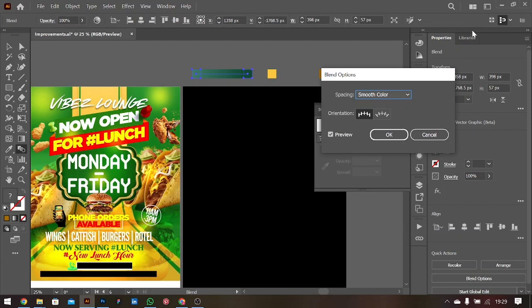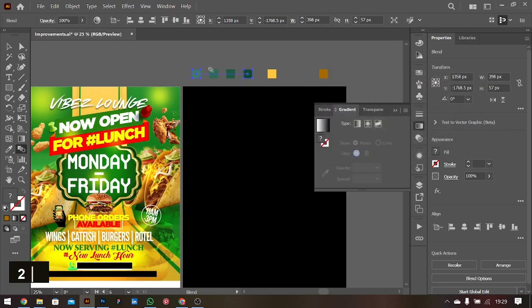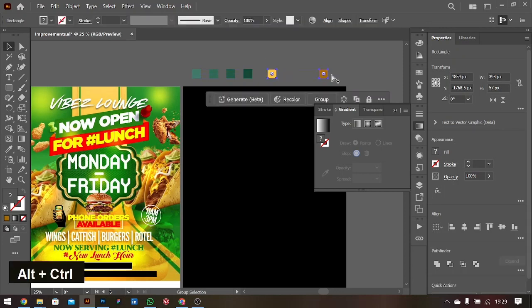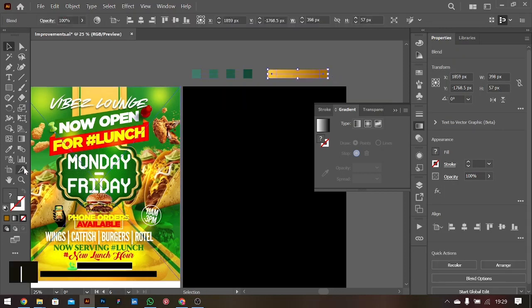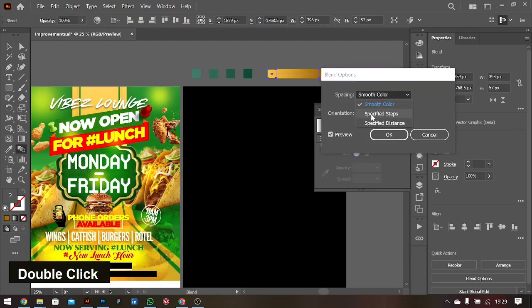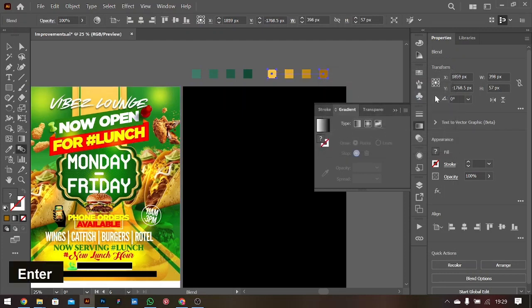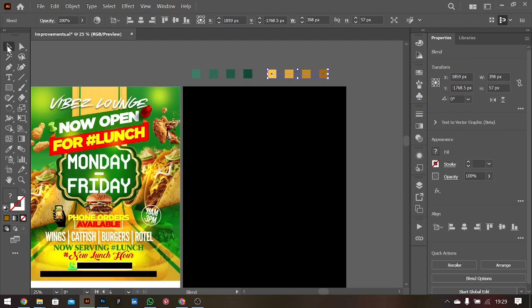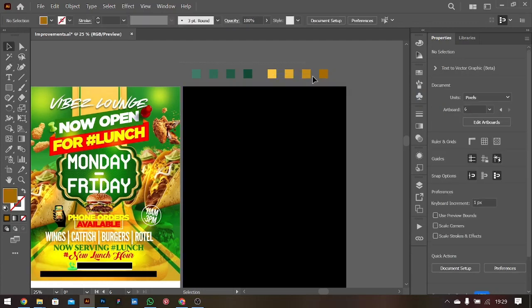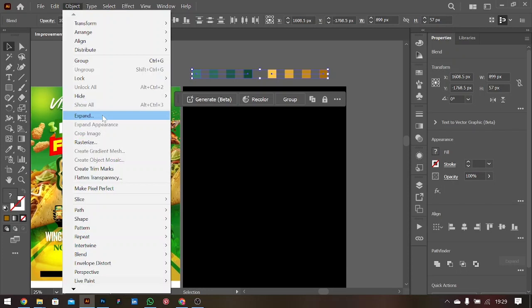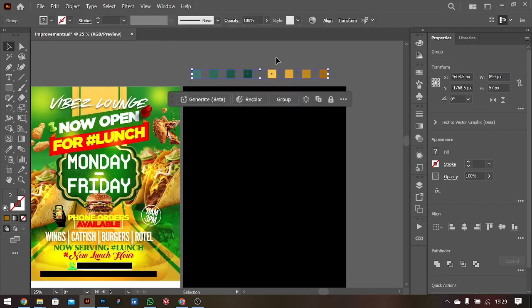In case you can't find it, you change it to Essential Classic from here, and then specified steps, we choose 2, and we have 2 colors in between them. We also do that same thing for it, long shortcut Control Alt B, and we double click on our blend, change it to specified steps and 2, and enter, hide this. So this is what we have. We can go here, expand, so that they can be individual. You can ungroup them,